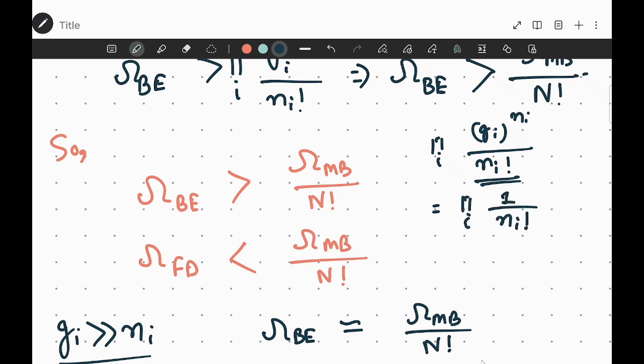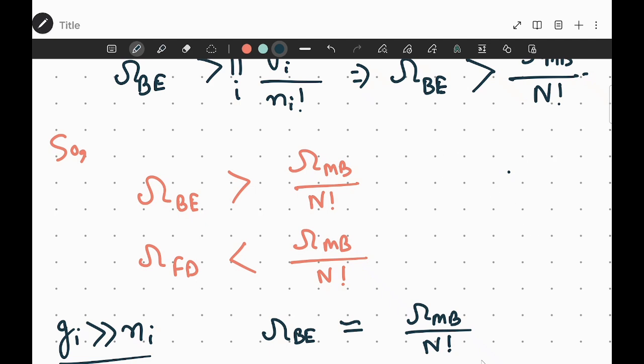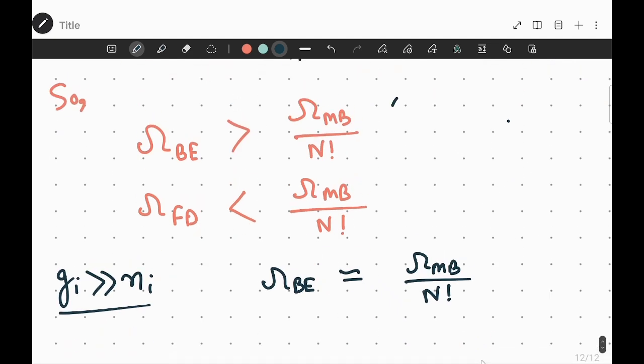Do you get it? Ni is less, right? Gi is huge. That's why. So then you can consider it like this. Essentially, this is a general case, and when Gi is very, very much greater than Ni, it will be comparable to this. But obviously, it will be slightly